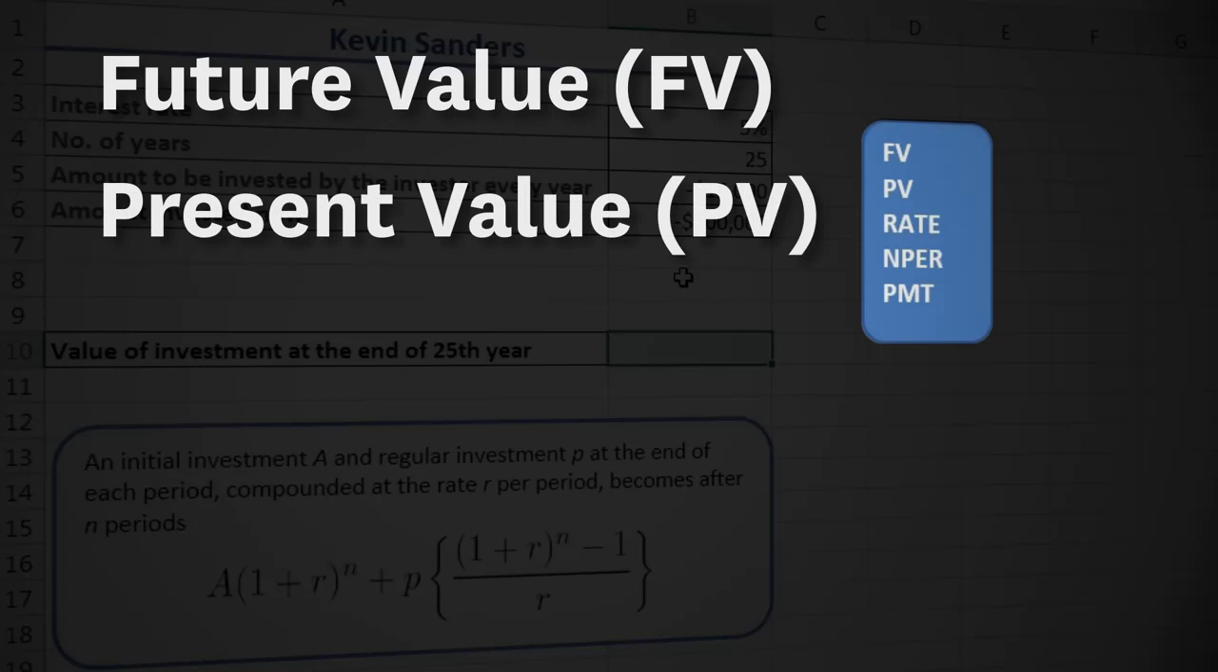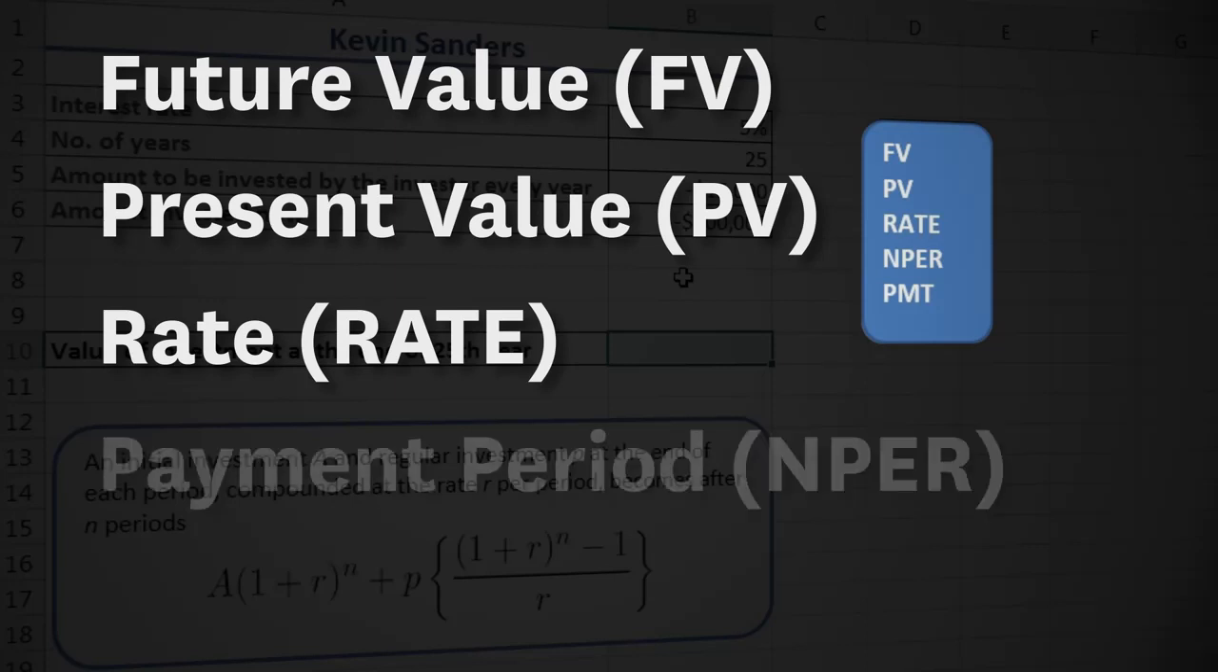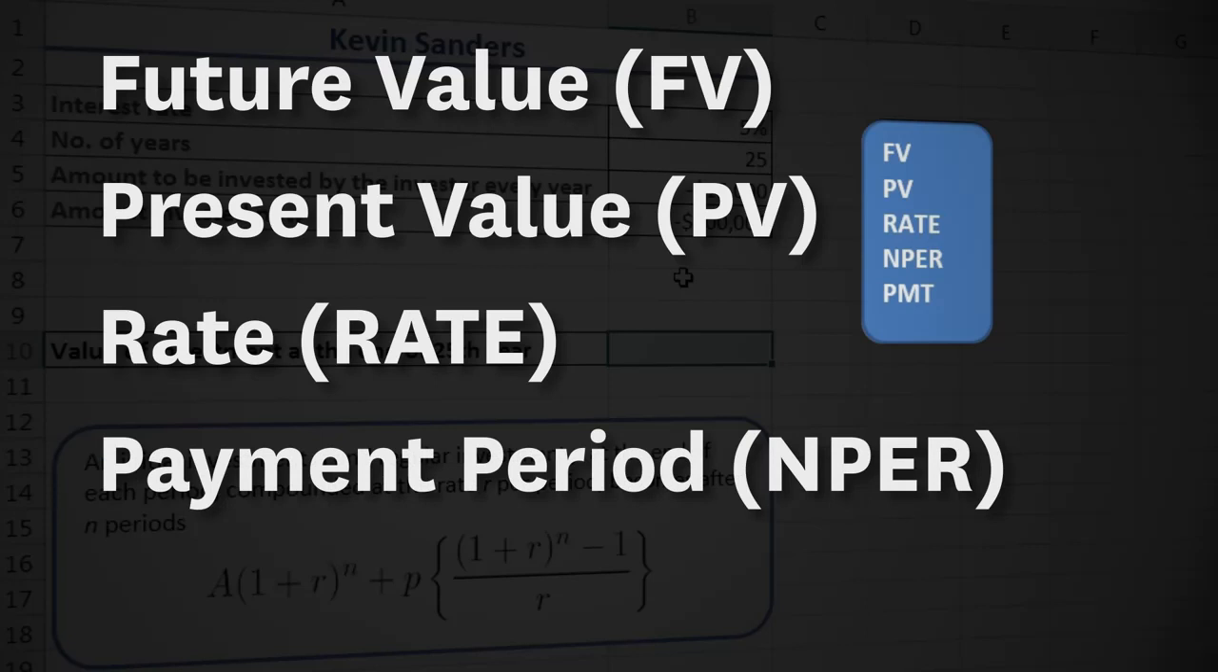Present value is the amount you're going to invest or borrow at the current time. It is also often referred to as the principal. The rate, and Excel assumes it will be a fixed rate, is the rate you're going to earn per payment period. So in this case, we're going to be investing a new amount annually, so this is going to be